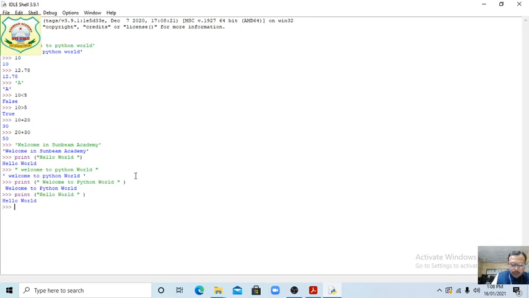See here, only hello world. Okay, we have got it. Now we are changing the command: P is a capital, then rint. You can see the color has not changed. Here the color is pink, but here the color is only black, it did not change.